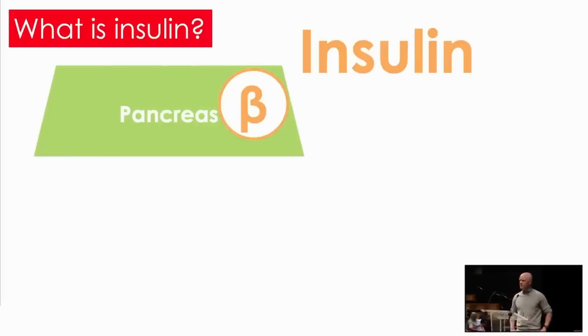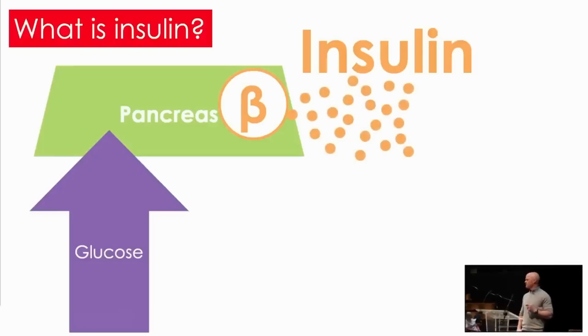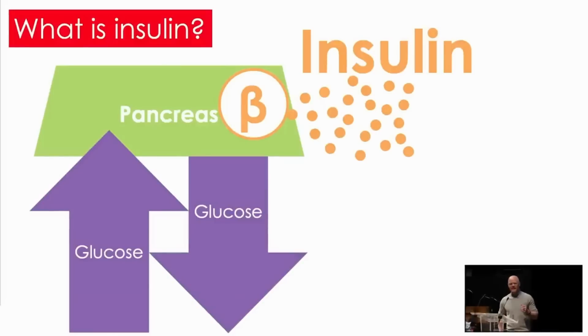Now, the primary stimulus for insulin to be released is glucose. As blood sugar levels, or blood glucose, go up, insulin will be released. This is the most famous interaction with insulin. And insulin's primary action, no surprise, if its primary stimulus is high glucose, is to lower glucose. Now, I'm even misspeaking a little bit as I'm saying that. I don't like to say that the lowering of the glucose is its primary action. It is its most famous action. But that is almost part of the problem, as I'll change the paradigm in a moment.